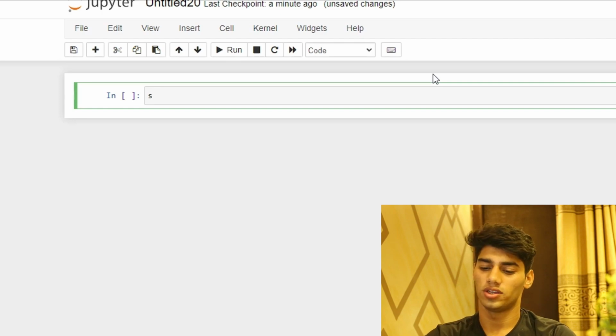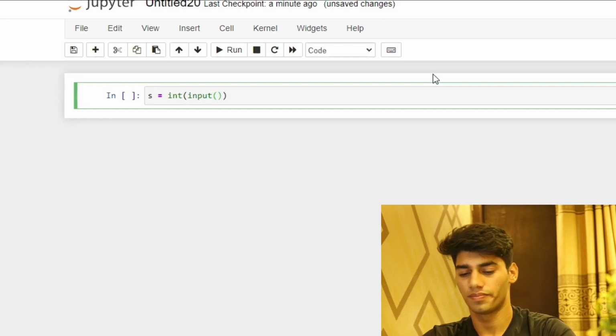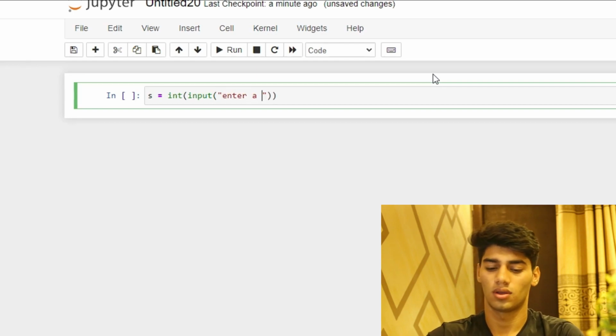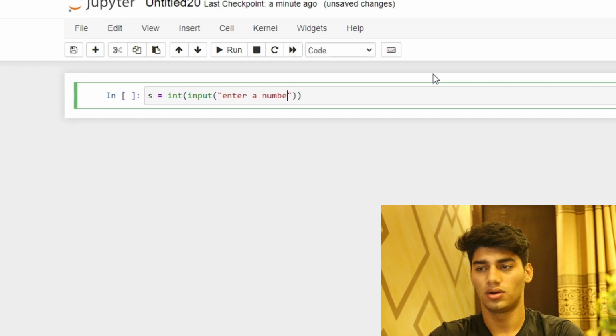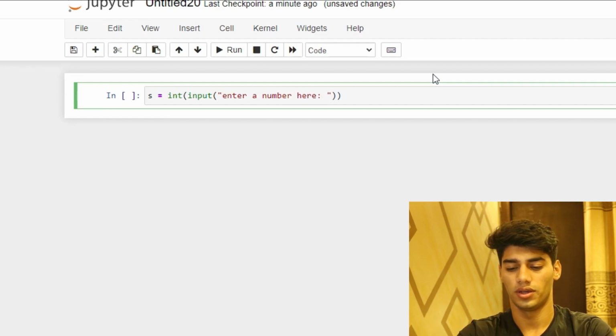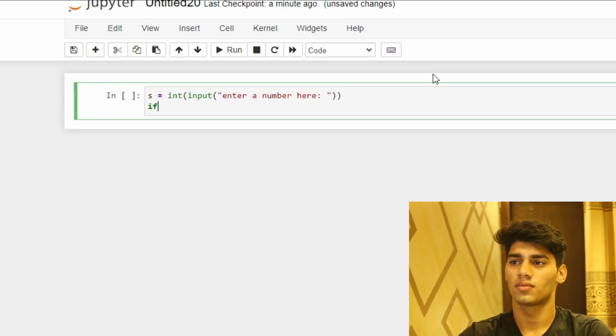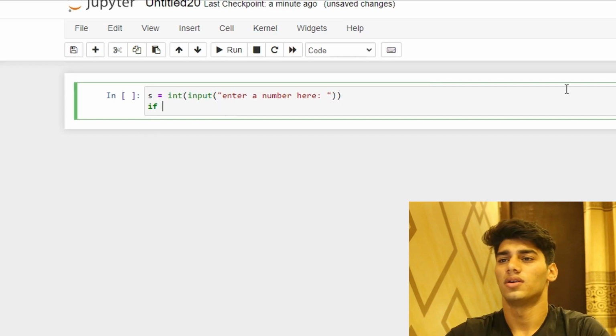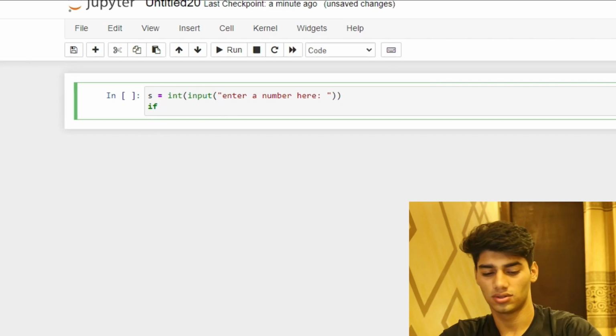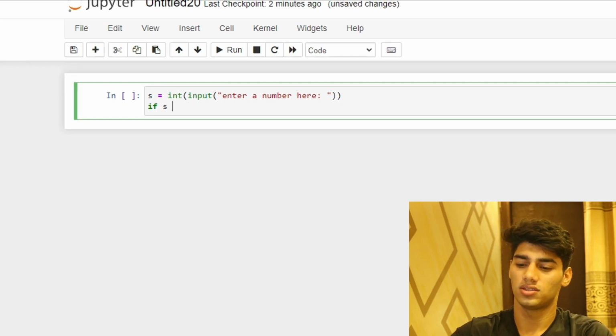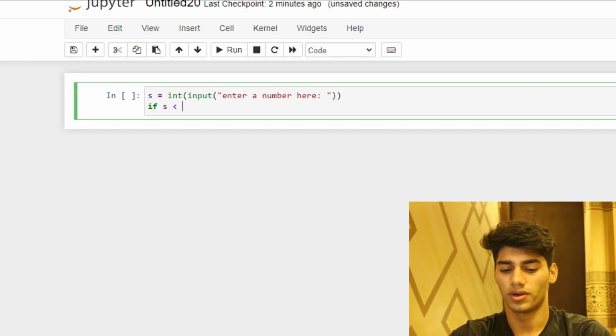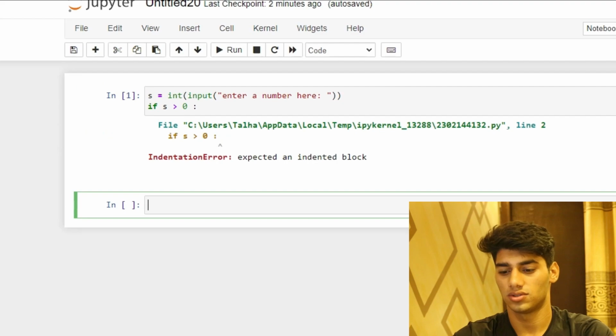So let's start with initializing a variable. Let's create a variable with the name s, and let's use integer input, enter a number here. Then we're going to write an if condition. Now this is the part where you're going to have a condition. Let's say if s is greater than 0, if s is greater than 0,